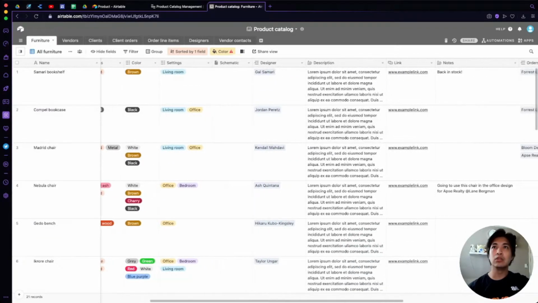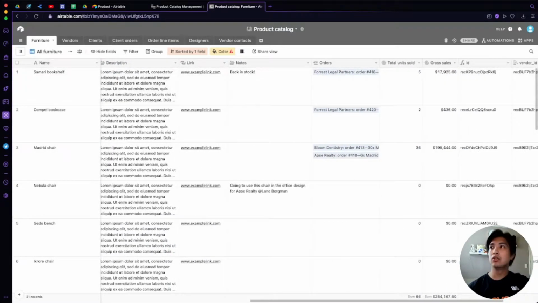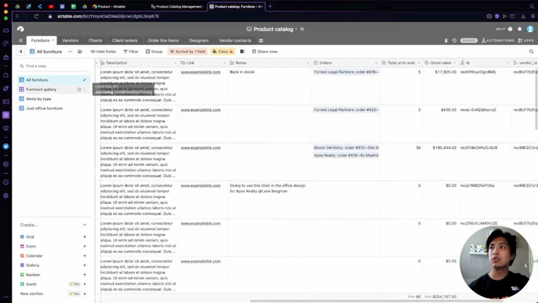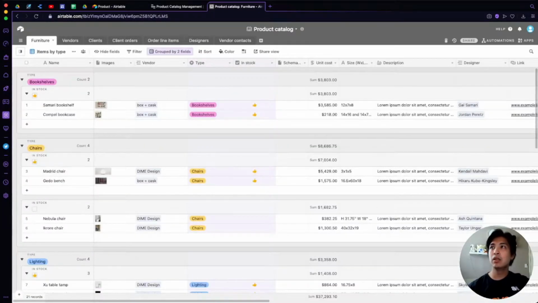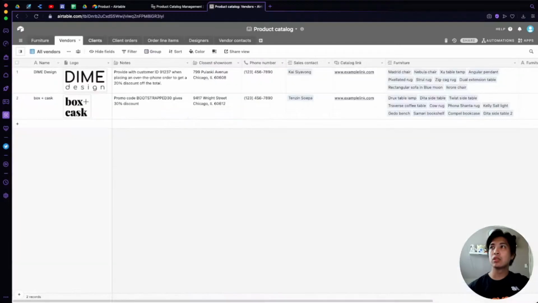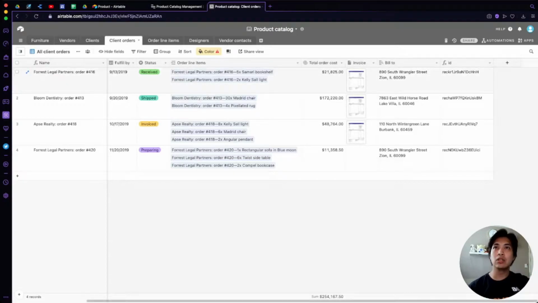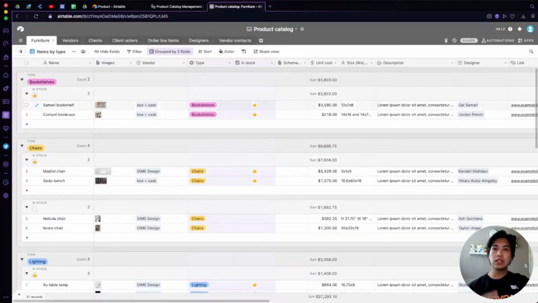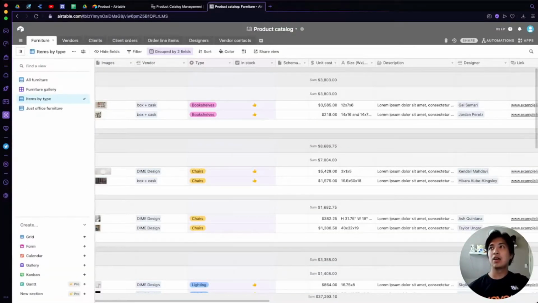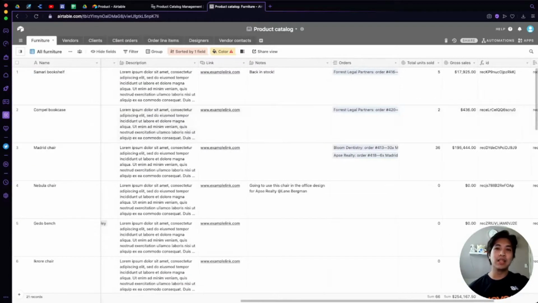You can link between different tables. You can have images in here. You can do ordering. You also have different views if you wanted to sort the data in a slightly different way or group them up in a different way. And then, of course, like I said before, you have different tables or tabs that you can connect to the other data sets that you can also use to create relationships. But of course, it is still a spreadsheet. So as much as you can make it pretty,